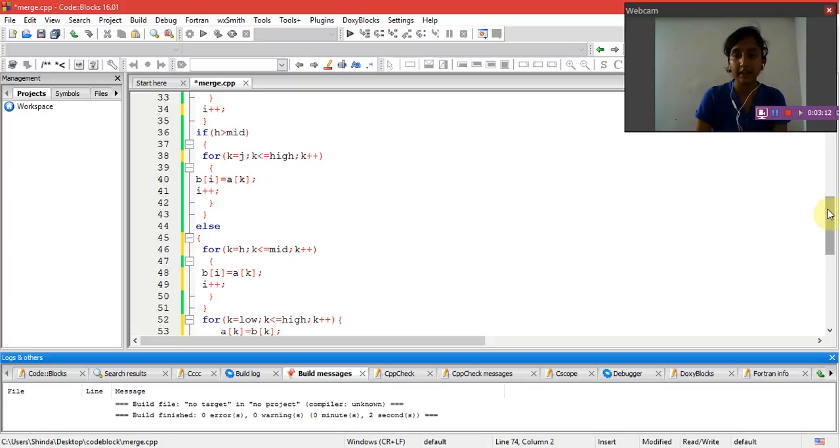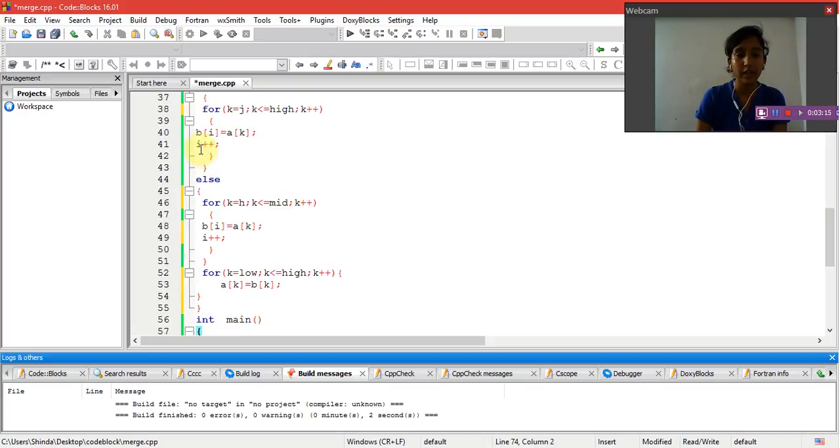If that condition isn't satisfied, that is, if the low value of the first array is less than j, then we have a condition where the previously declared variable k is equivalent to the low value of the first array. Previously it was equivalent to mid plus 1, now it is equivalent to the low value of the first array, and k is less than or equal to the mid value, and k keeps incrementing. And if this condition is satisfied, then the second array's low value will be equivalent to the first array's low value, since we have equated k to h, and i keeps incrementing.